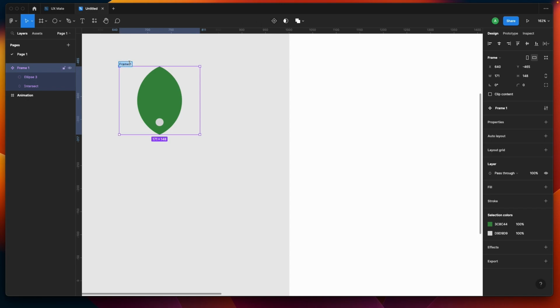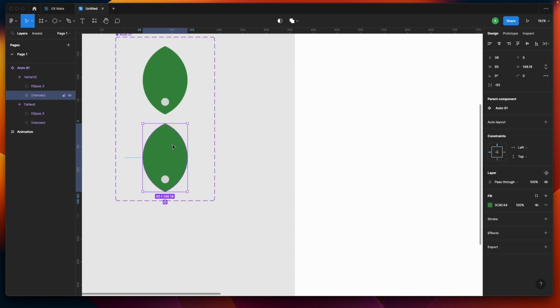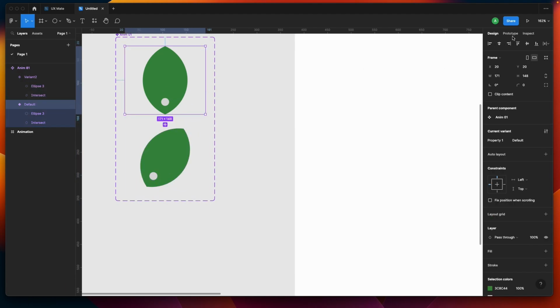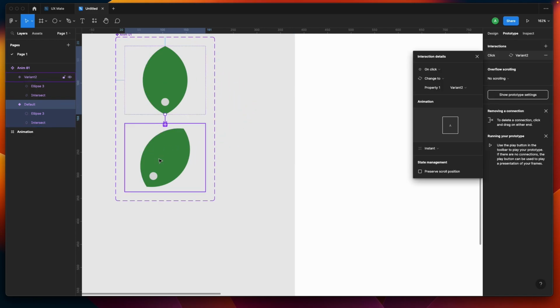Let me name this a little bit fancy, NM01. Doesn't matter again. I'll create a variant of it. I'll add another variant, and I'll double click on the variant 2 and I'll be doing a little bit of rotation. So I'm just plotting out the basic structure of an animated component and then we would be going into much more detail of it. So instead of on click, let's do it after delay and probably 1 millisecond,